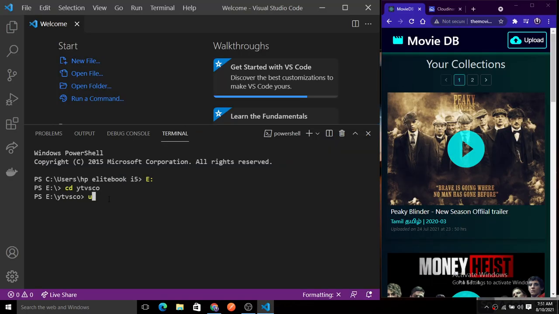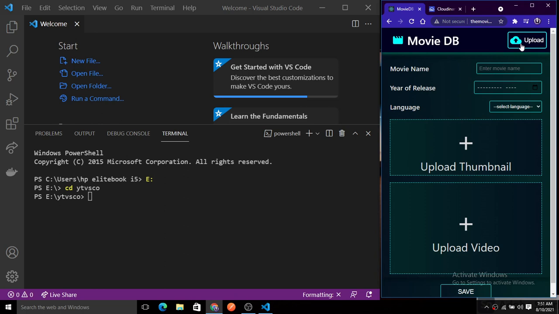So I am in our Visual Studio Code here, and I'm just going to create a basic React application using the create React app. And one more thing I will just let you know about it, like if you see here we have an upload section also. So this is for the admin or the host user of there.